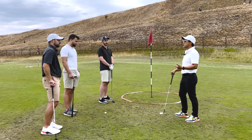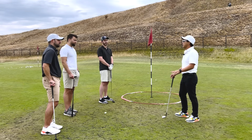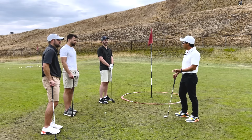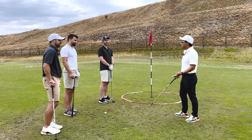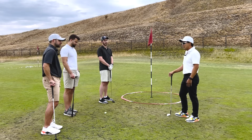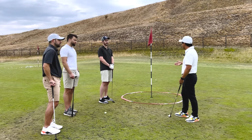So we have to almost take our ego aside and choose the club that works. A lot of people say, well, no, I don't want to play golf that way. Oh, you don't want to play golf that way? Or do you want to play golf a better way, or do you want to score lower, right? So let's just take the ego out the door, choose the right club, the right strategy, and get you closer,